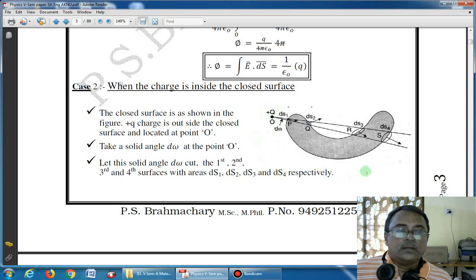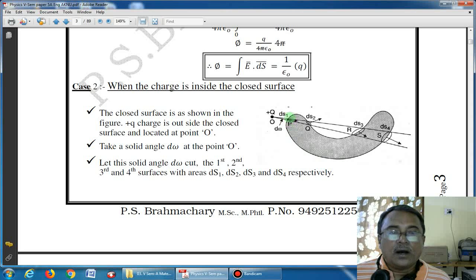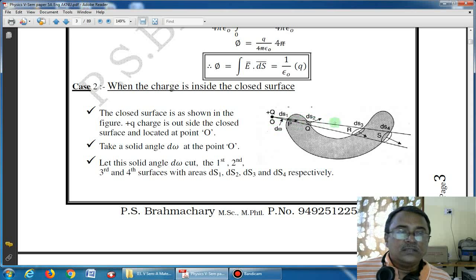If we take a small area on this first surface, let it be ds1, and this ds1 is making a small solid angle d omega at the point O. If this area is extended,